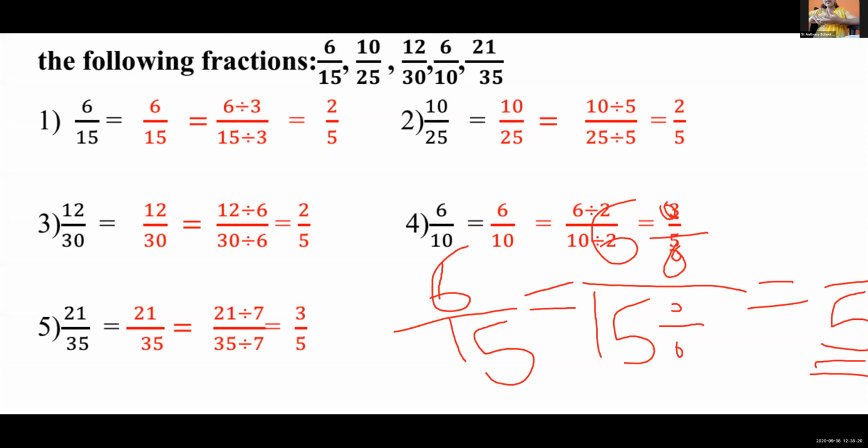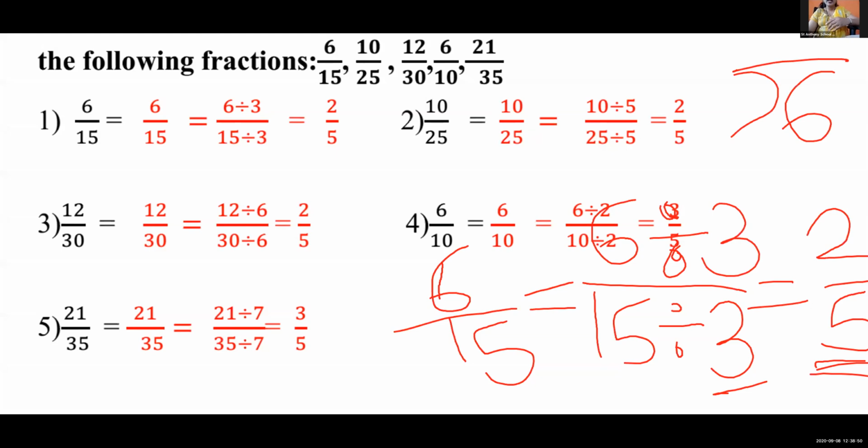So what do we need? We need 15 at the fifth place. So by which number will we divide this 15? 3. 3 5s are 15. And if we are dividing this 15 by 3, in the numerator also we are dividing by 3 only. So 6 divided by 3, what will come? 3 1s are 3 and 3 2s are 6. How will 3 come? It is simple division, right? 6 and 3.